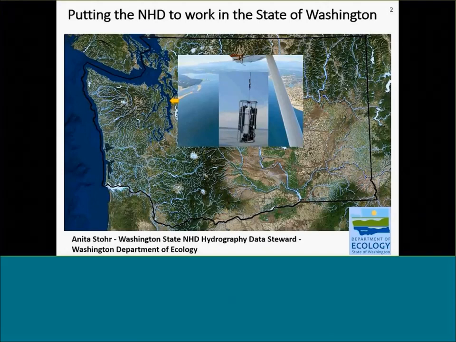This first slide is a photo of Puget Sound. And Department of Ecology samples water quality here and around the state. In Puget Sound, a float plane is used to collect many of the samples. Sample points are attached to the NHD, but they used to be on our own hydrography layer, which was called WASWIS.